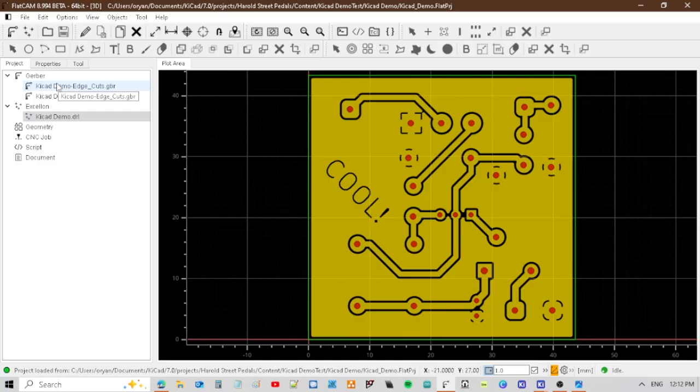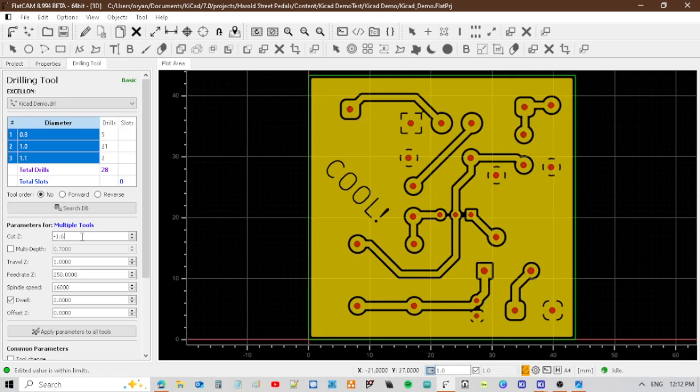We were doing drill, so the drilling tool. The thickness was the thickness of your copper minus 1.5. It's a negative number because we're drilling down. I'm putting 1.6 because I go 0.1 thicker. Sometimes I have 1.3 or 1.2 millimeter copper. I use 1.3. Travel Z, that's how high up above the copper